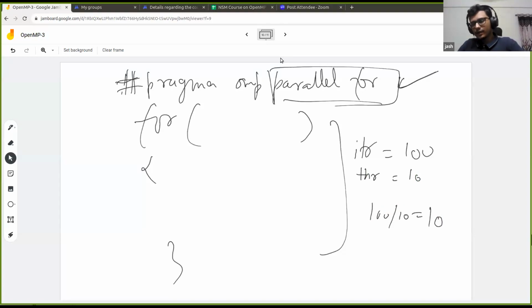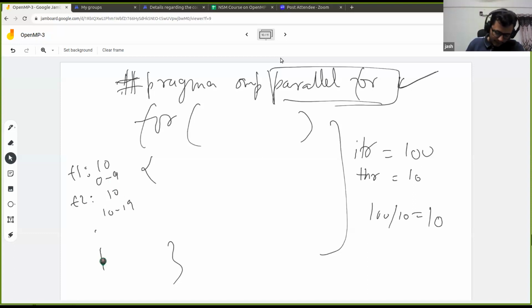And the way the scheduling happens is quite simple, right? Thread 1 will get a chunk of 10 iterations, that is from 0 to 9. Thread 2 will get another chunk of 10 iterations, from 10 to 19, and so on. Thread 10 will get 90 to 99.